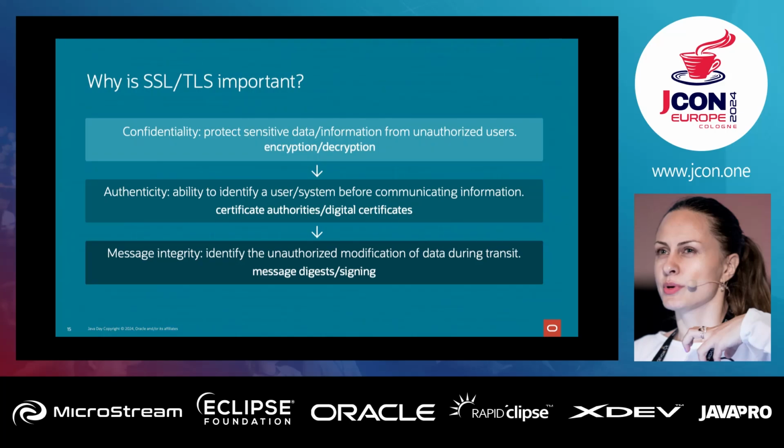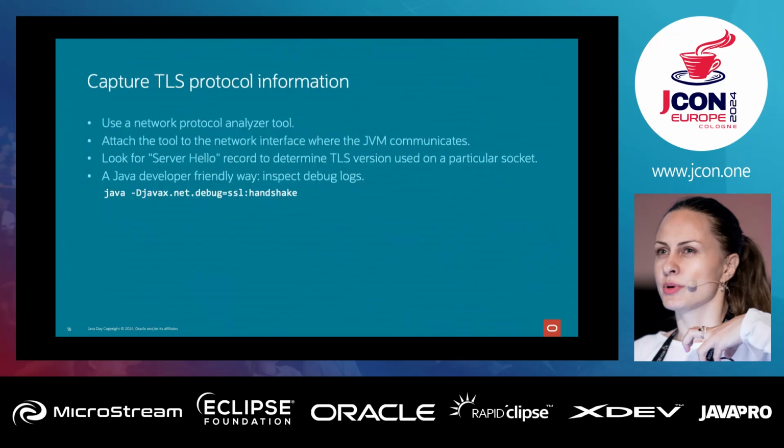Now, to capture the TLS protocol, as developers, we have a few options as well. As developers, we can always use a network protocol analyzer tool, like, I remember back in the day, Wireshark. So we can use that. We can attach the tool to the network interface where the JVM that we want to capture messages from is communicating. And of course, we can manually look for the server hello record to determine the TLS version used